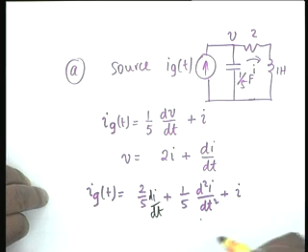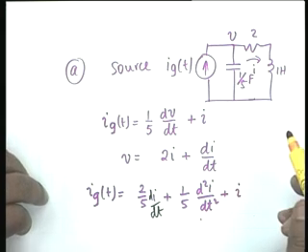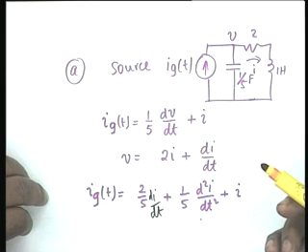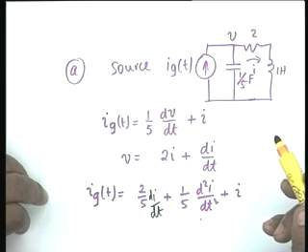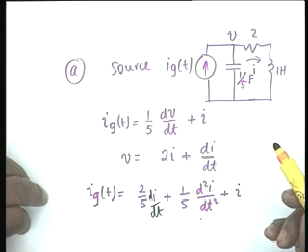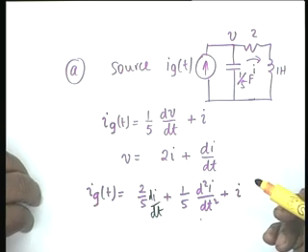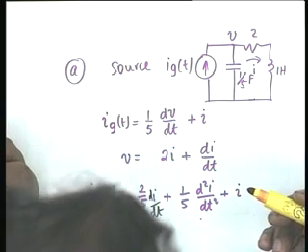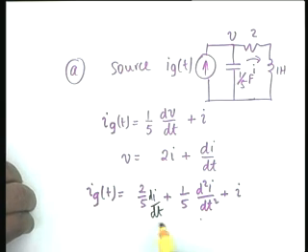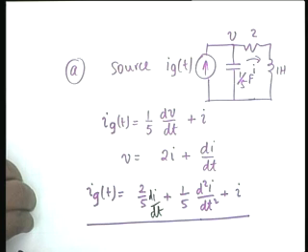L is 1. Yes, L is 1, that is why I did not write it. Oh, I am sorry. No, it is okay. You are trying to confuse me? L is 1. Now this equation is okay.